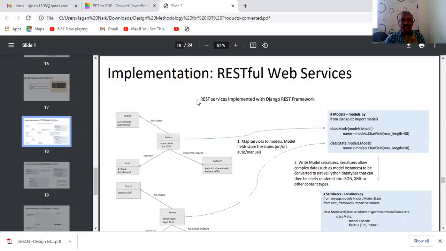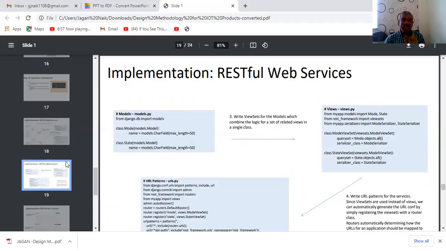So how is the implementation done with RESTful web services? It shows that it is implemented with the Django REST framework for a home automation. And this is the web services implementation with rules for a particular model.